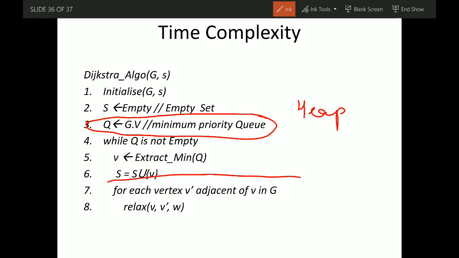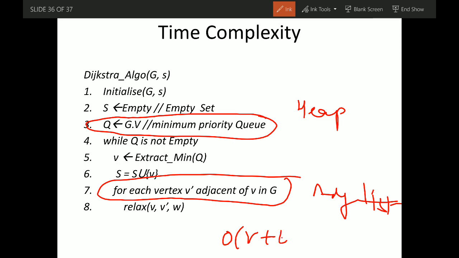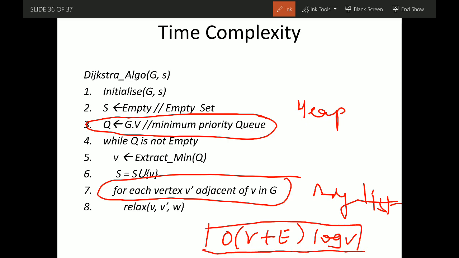And if you are using an adjacency list instead of an adjacency matrix for the graph, then the overall complexity will be order of (V plus E) log V. So I'm leaving this to you. Figure out why the complexity is reduced to order of (V plus E) log V when we are using a heap and an adjacency list.